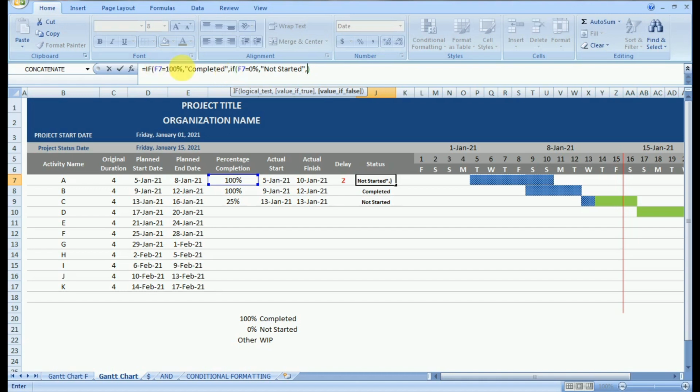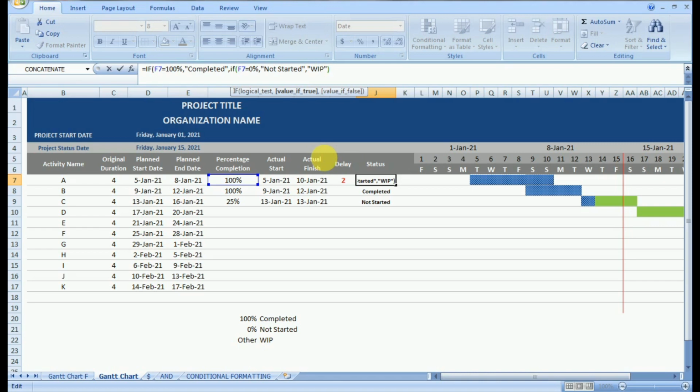Now if you read this command, we have if F7 is equal to 100%, condition is true, then show completed. If the condition is false, then again go into an IF command and check a condition: that F7 is equal to 0%, and if that condition is true, the output should be not started.